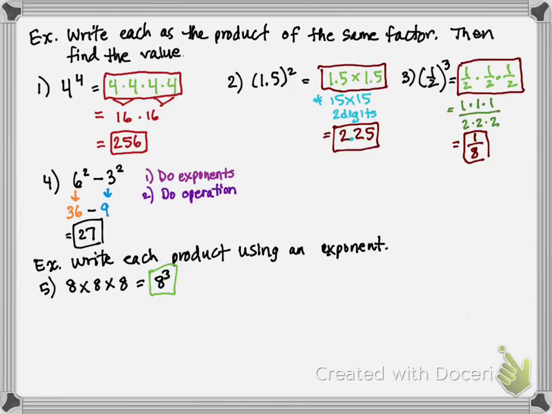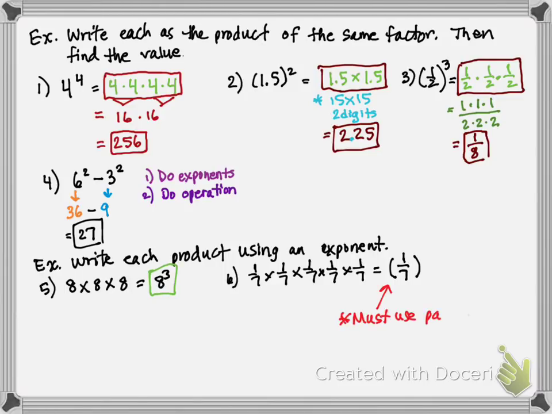Okay, let's try another one like that, and then we'll wrap it up for the evening. Well, yes, the evening. So I have 1/7 times 1/7 times 1/7 times 1/7. Ooh, I changed my multiplication symbols. Times 1/7. So I see 1/7 repeatedly. So I'm going to surround it by parentheses. And I'm going to add a little note here, very important. Must use parentheses